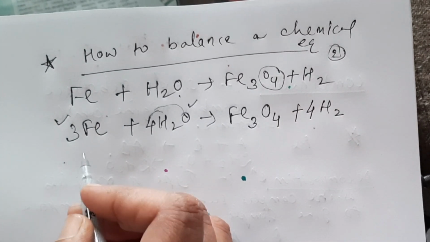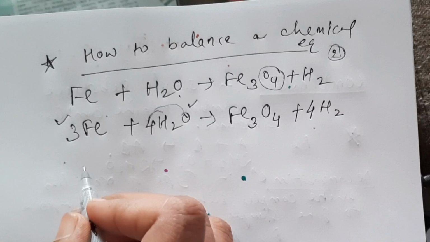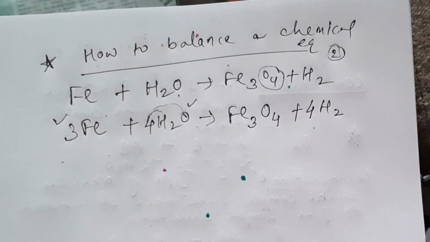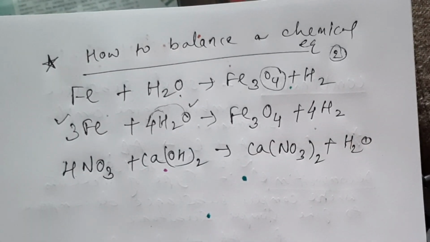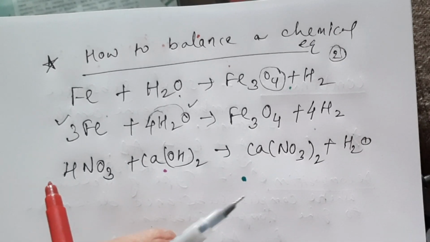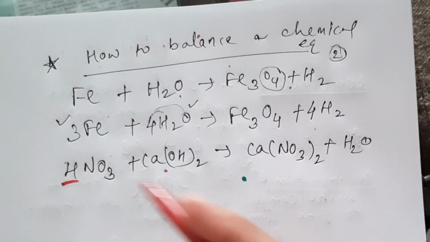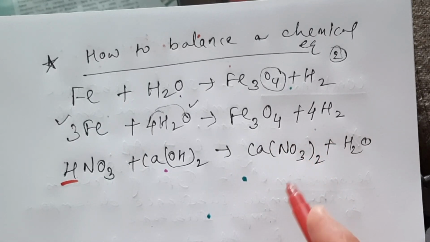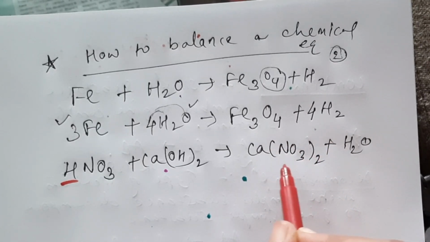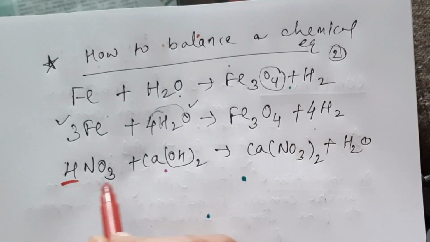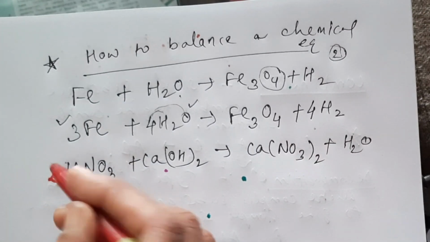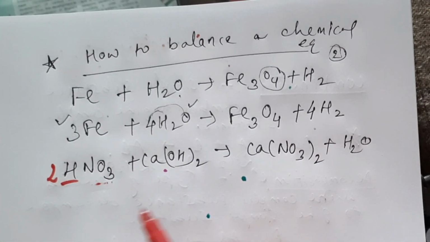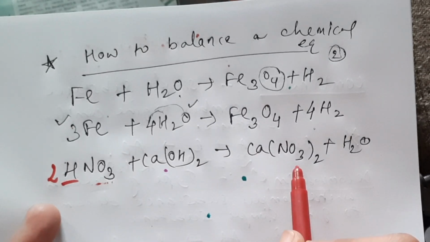One more example. Let's start with a few more examples. So here when we count, here hydrogen is once. Always start out with the big number like NO3, a polyatomic ion. So here NO3 is twice, whereas here NO3 is once. So we'll put 2 over here to balance it. If I place 2, now NO3 got balanced.